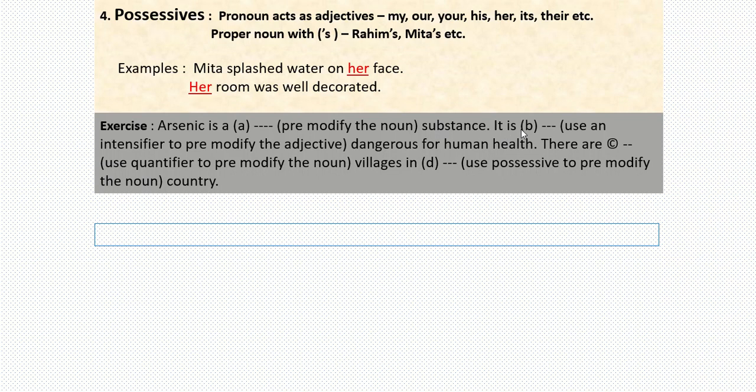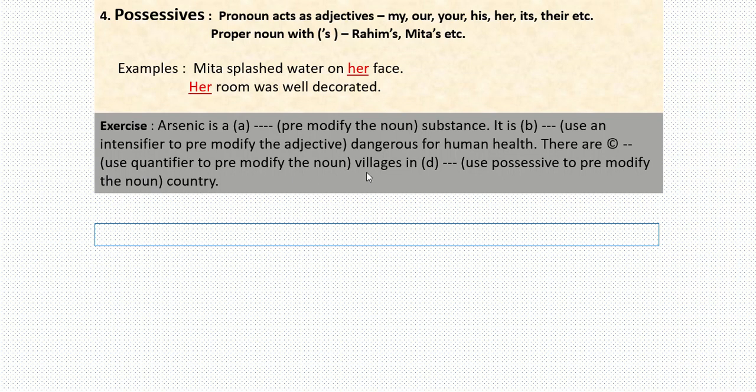Next sentence, it is dash dangerous for human health. We have to use an intensifier to pre-modify the adjective dangerous. So we can use here very. It is very dangerous for human health. Third sentence, there are dash villages in dash country. Use a quantifier to pre-modify the noun.